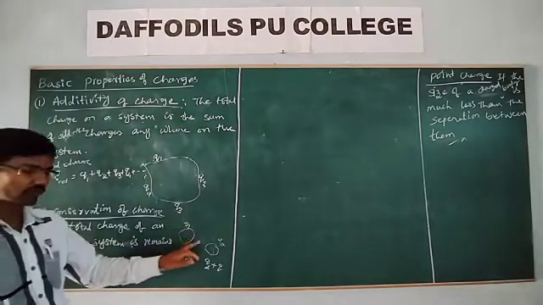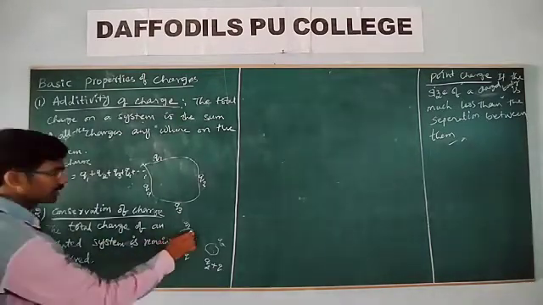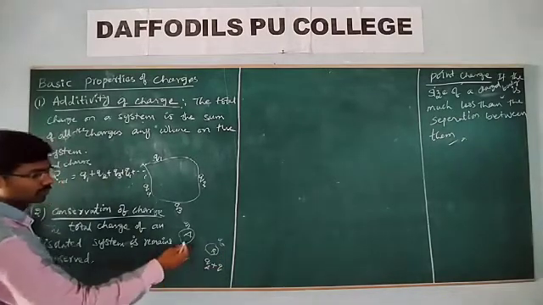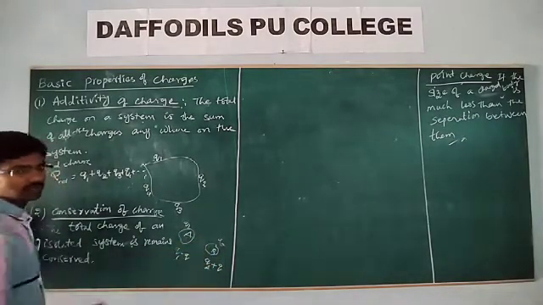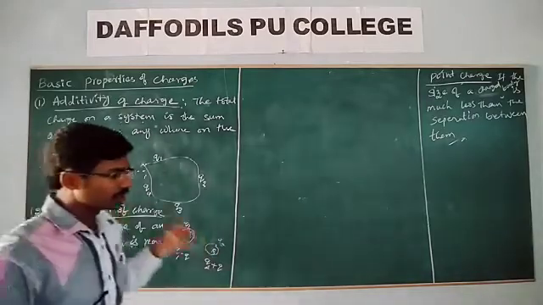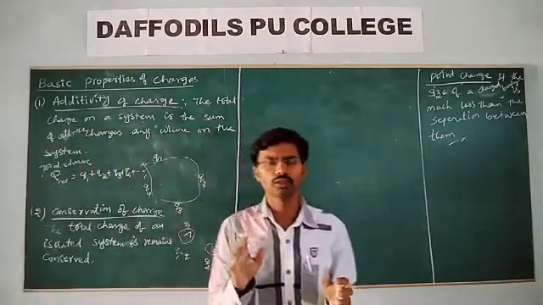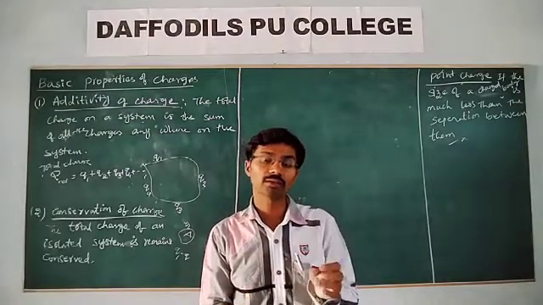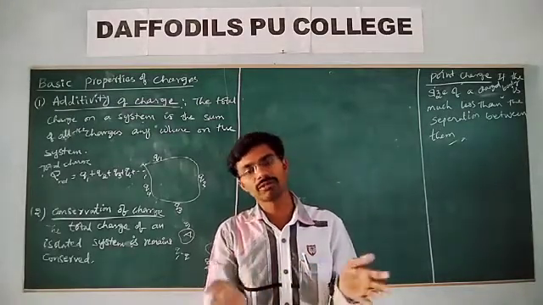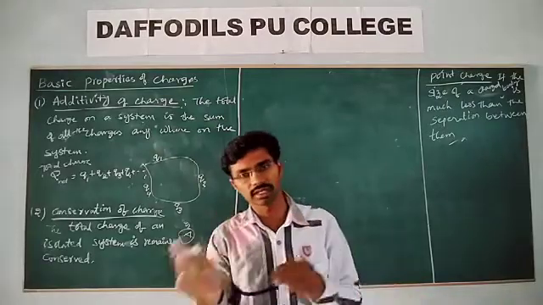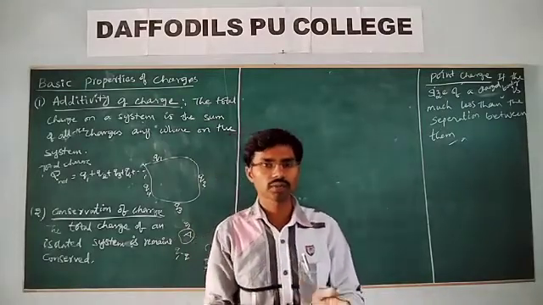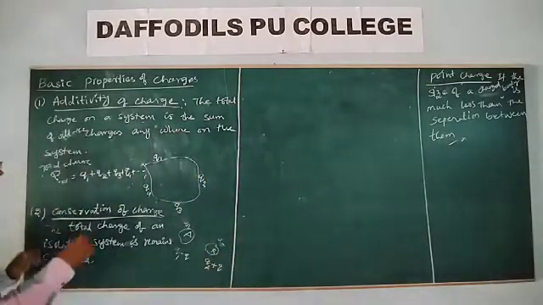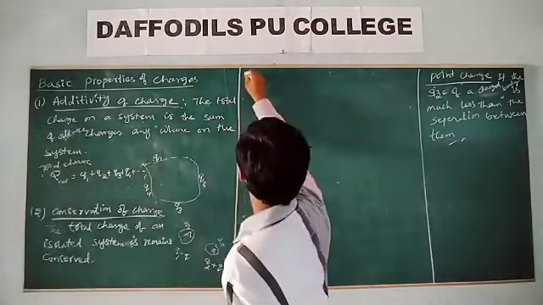Now, before the process A, the total charge is Q1 plus Q2, and after the process it is Q1 minus Q2 plus Q. For example, we know normally in a nucleus we have neutrons and protons, and those neutrons and protons are not stable. A neutron will be converted into a proton, and a proton is converted into a neutron. That is what we call the equation hypothesis. For example, if a neutron is converted into a proton,